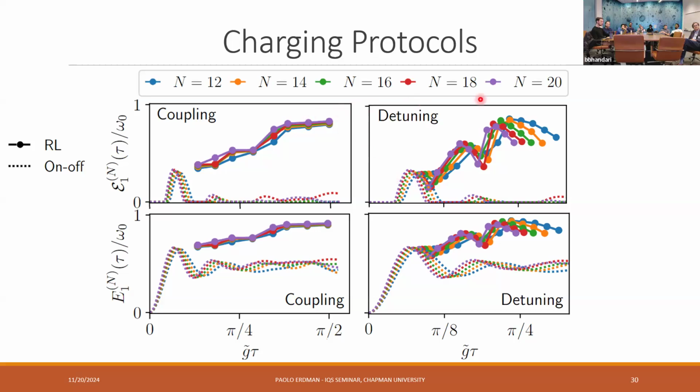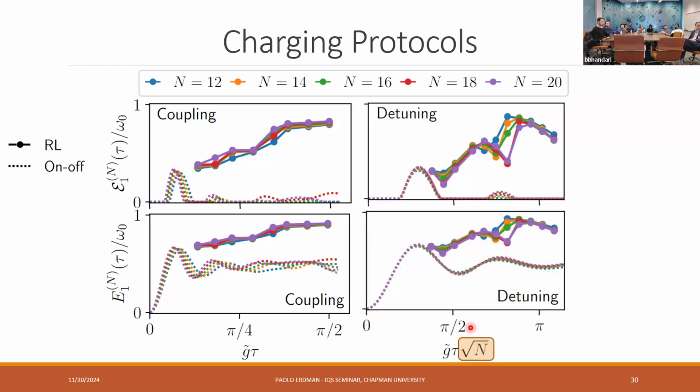So what they found is that as you increase n, the energy is the same, but the time it takes to reach that energy is moving to the left. So here, maybe it's not very obvious, but n equal to 20 is more to the left than n equal to 10. And what we find is that also in the protocols we find, it seems like this peak is shifting to the left. So if we rescale, for example, now the time with the square root of n, we see that all the curves roughly overlap.